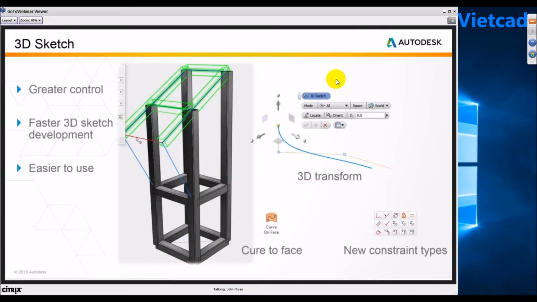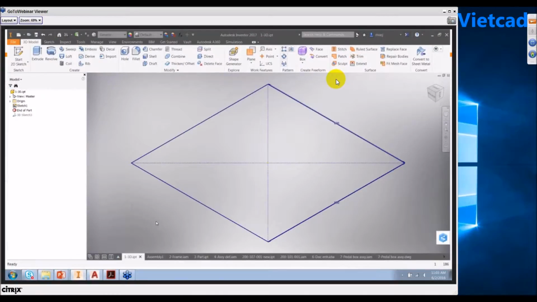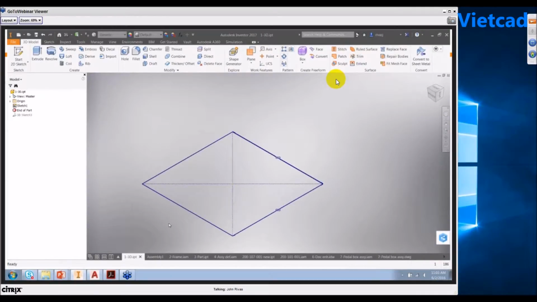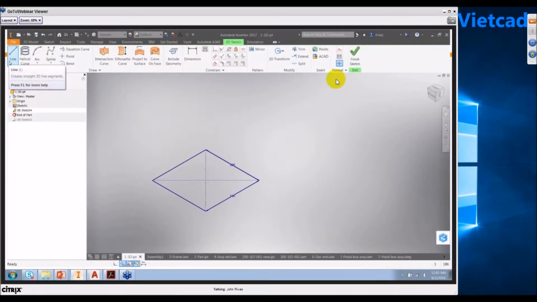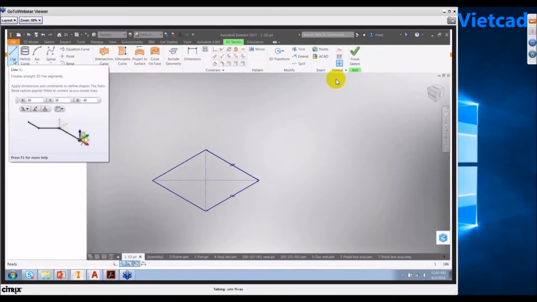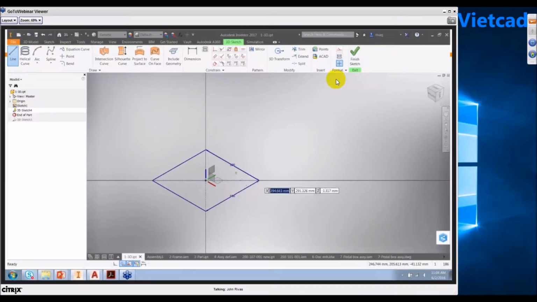So I'll do a quick demonstration on how to use the new control functionalities in 3D sketching in Inventor. Currently I have my base sketch here, and my goal here is to perform a frame assembly. I can start off with my 3D sketch by using this functionality, 3D sketch. And 3D sketch mainly is made up of lines, arcs, and circles, but you can draw in X, Y, and Z directions. So let's say I'm going to add a length here,